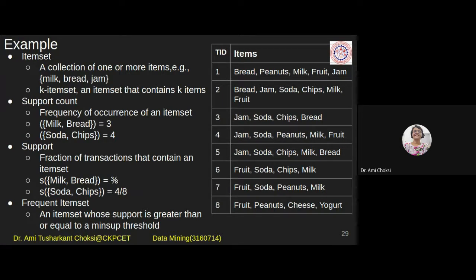Whether this combo is frequent or not, how can we say? Yes, it should be greater than or equal to the minimum support. Just now it is not given. Let me say that it is equal to 2. Minimum support count is equal to 2 is given to you. So you can say that combo of milk and bread is frequent because it is greater than or equal to the minimum. Fine. Okay.